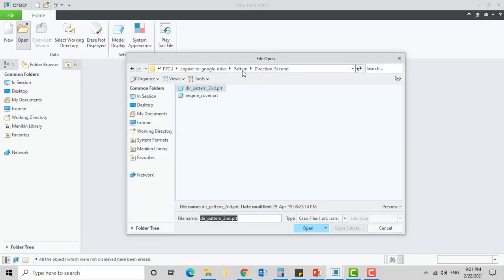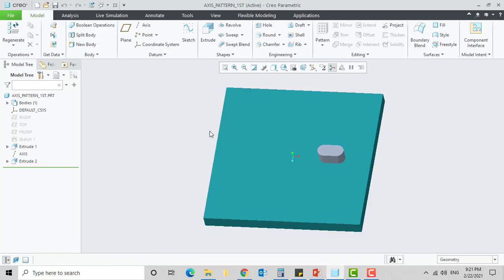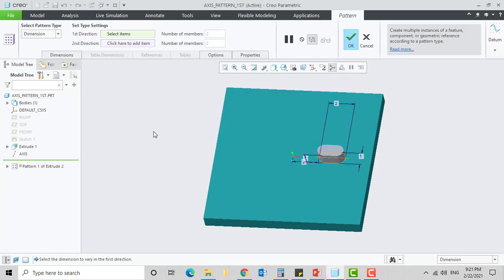Open axis pattern first.prt from your startup directory, which is inside the folder pattern, and inside that a folder named axis underscore first. Go to extrude 2 in the model tree and click on pattern from the mini toolbar. You can also enable your planes or axis from the display filter.